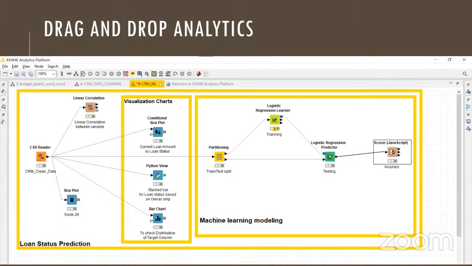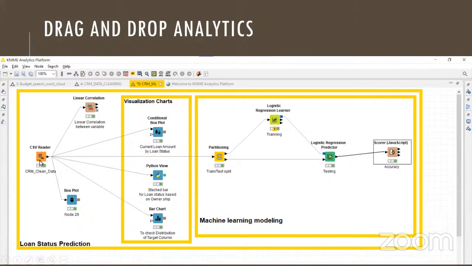We are one of their lead partners, and KNIME-like tools are open source, where you can do most of the stuff free of cost, and they are literally drag and drop. That means if I want to read a particular Excel file for data analysis, I can literally drag a CSV reader. So this is a KNIME dashboard where I can drag a CSV reader, and I can drag one of the Excel files and connect it.